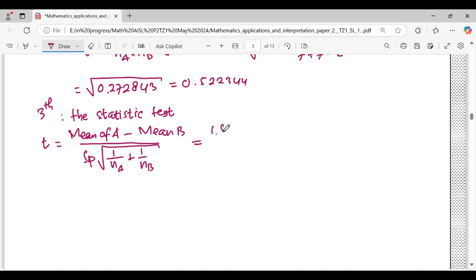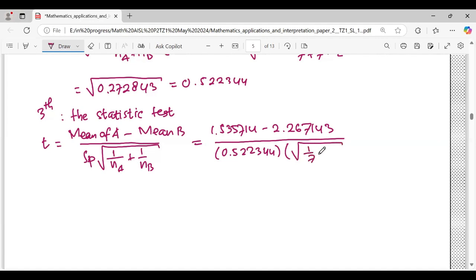Mean A is 1.535714 minus 2.267143, divided by 0.522344 times the square root of 1 over 7 plus 1 over 7. And if you calculate, the result is